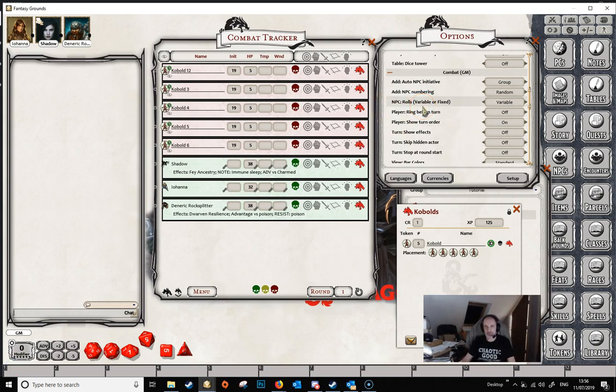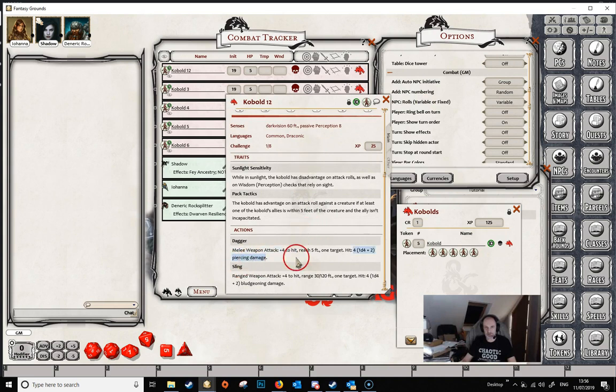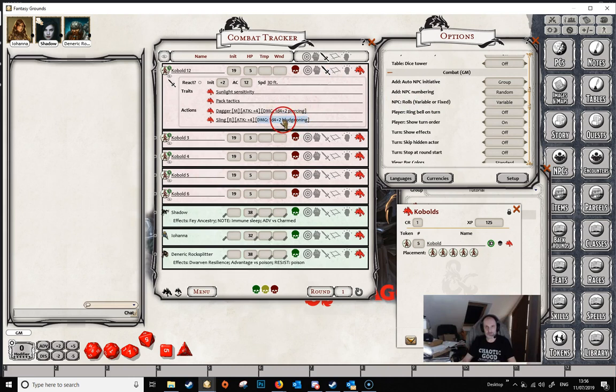The next one is NPC rolls, fixed or variable. You've only got fixed or you've got variable. If we have a look at an NPC sheet and we look at their damage here, you can see that the kobold does 4, and then in brackets 1d4 plus 2 piercing damage. So if we've got this NPC rolls setting set to variable, and this particular kobold did some damage, for example